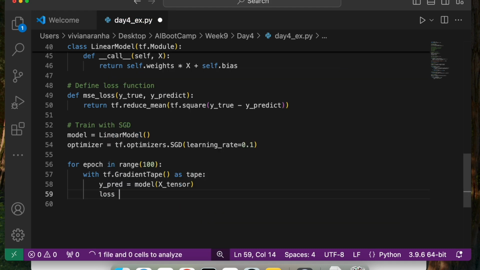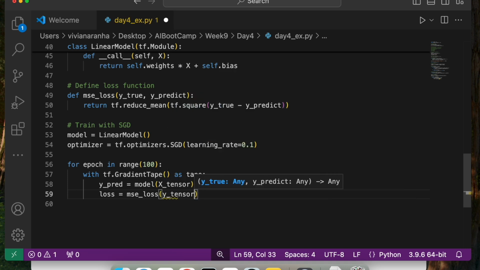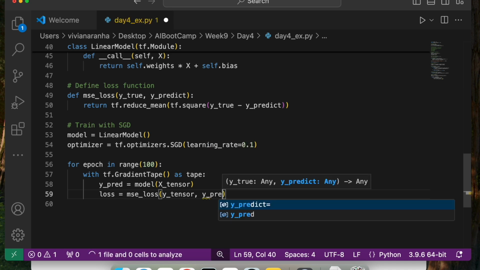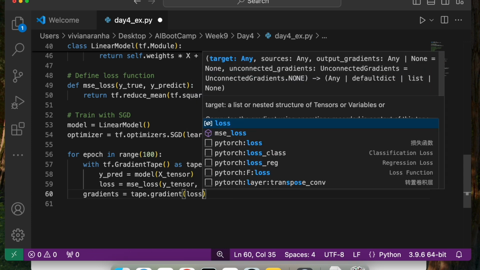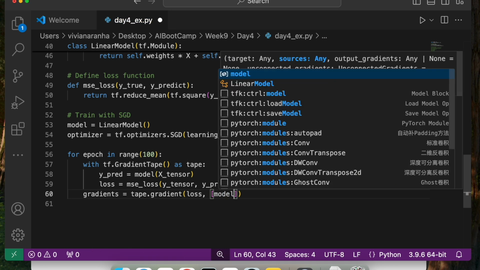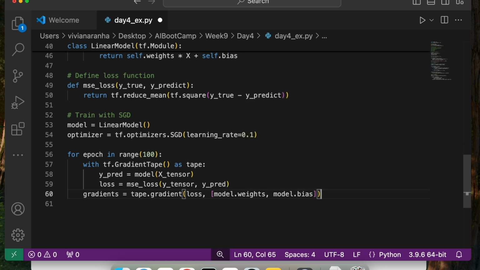Next, loss equal to MSE loss, and pass it y_tensor and the y_pred values that we have. Next, I'll get the gradients equal to tape.gradient, and it needs loss. I think it needs the model weights and bias, right? Those are initialized, and I'll pass these values.